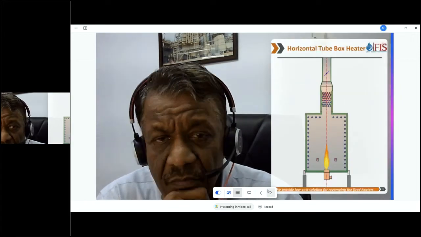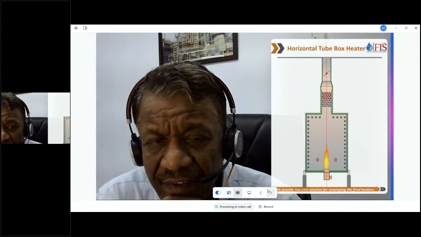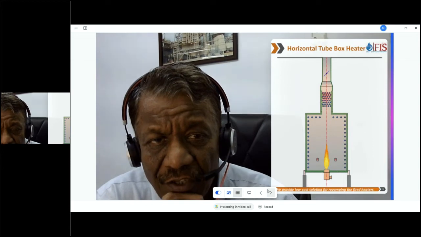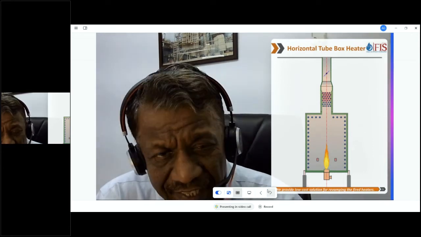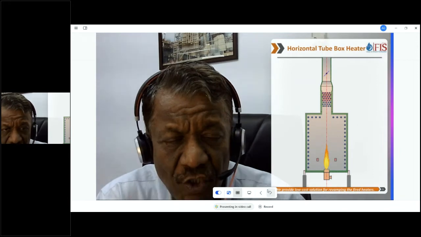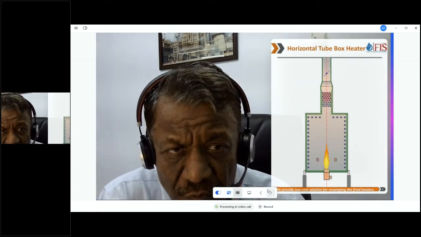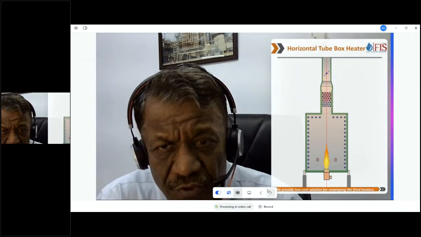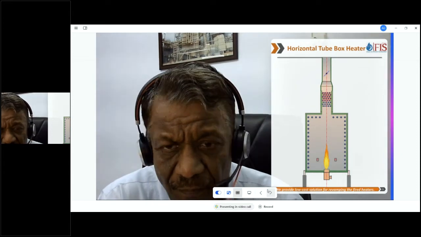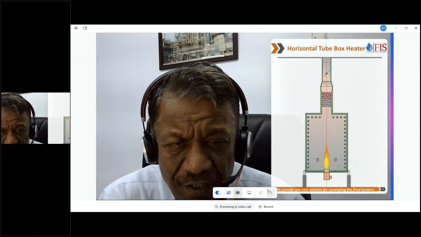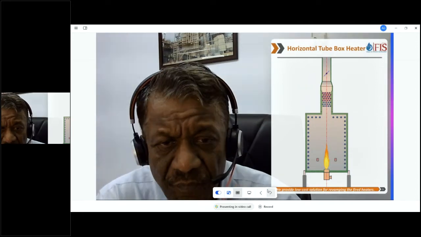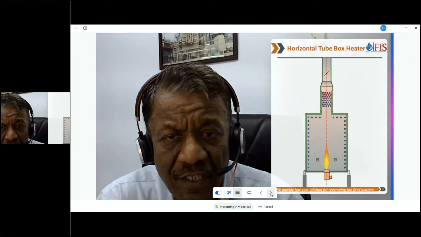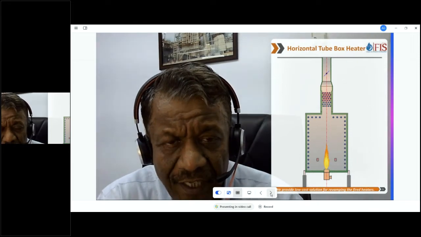So let's talk about a very common design for refinery heaters, and that is the horizontal tube box heater. Very good design, and generally the tubes are on the side. We can put tubes in the roof, and we have a long convection section. We have burners in the center. Good design, actually. We use it very often, and you will see mostly crude heaters and vacuum heaters in this configuration. Historically, the tubes have always been horizontal in the old designs of heaters, and in the new designs, we have the vertical